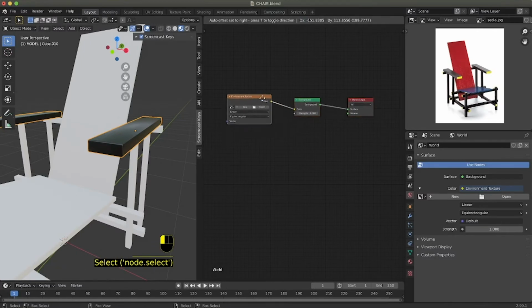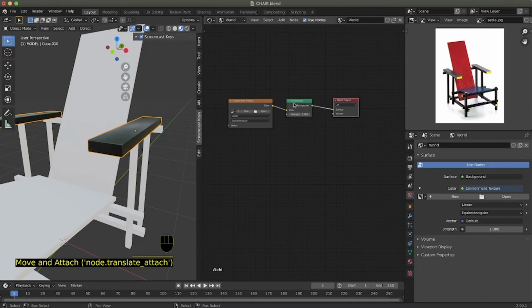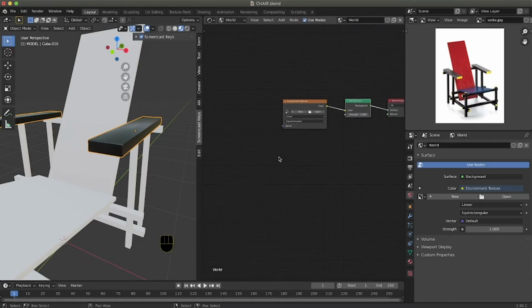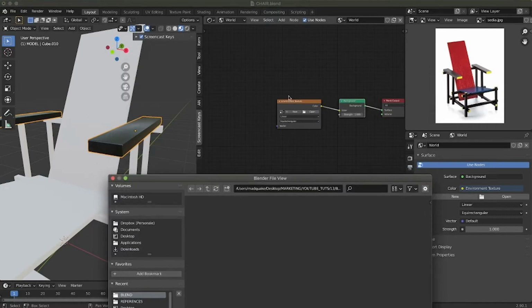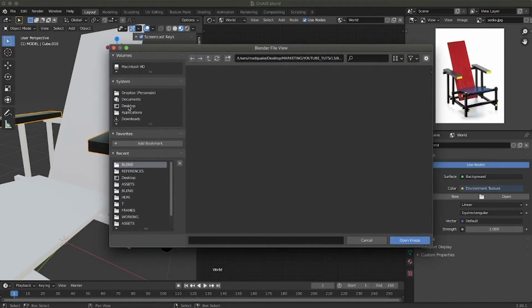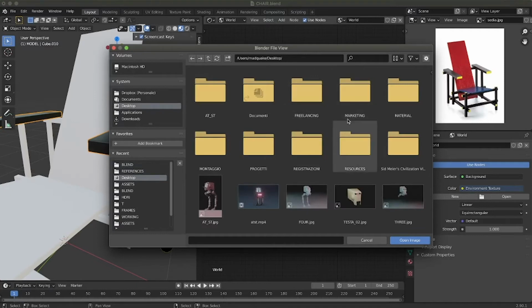So what I'm going to do now is set up an HDR image to have something that's going to be reflected on our chair. To do that, I simply open the environment node, and I search for an HDR image that I saved on my computer.